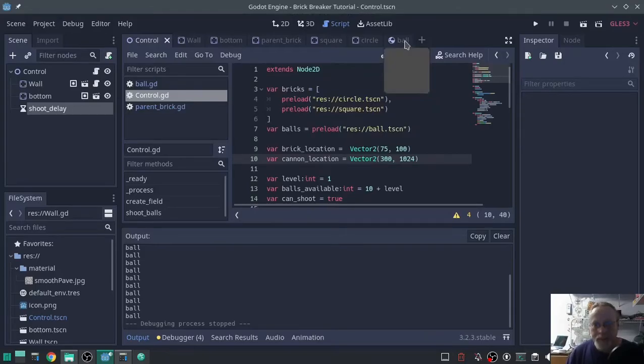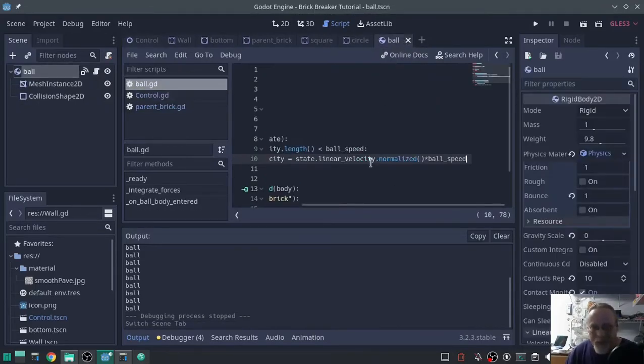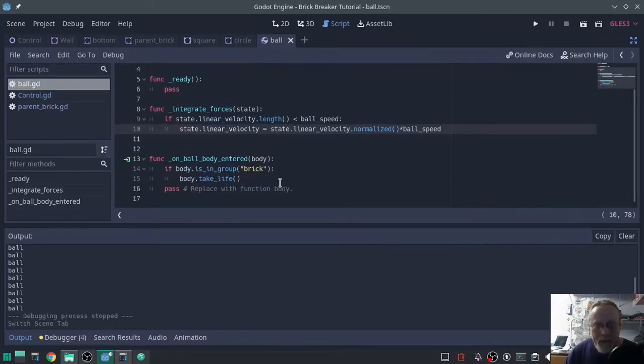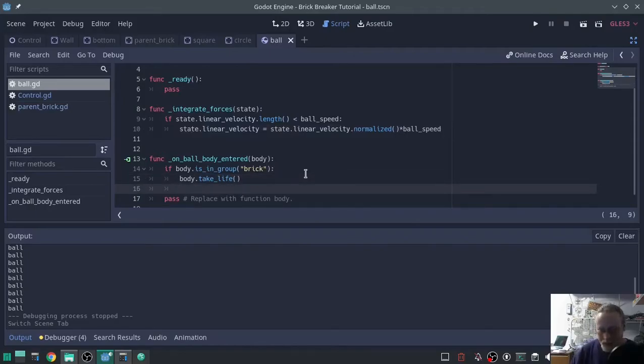Ball. If the ball hits the bottom, right here, if body dot is in group bottom,